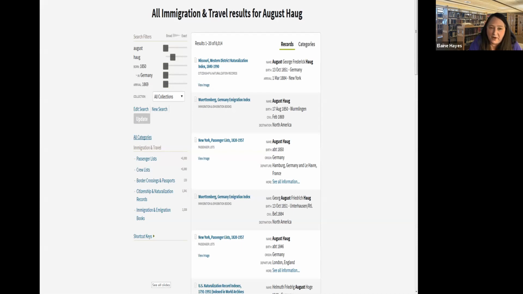The first one is actually not him. This August George Friedrich Haug is somebody else. The second one is the Wurttemberg Germany Immigration Index. Well, we'll want to look at that because the census taker wrote that he was born in Wurttemberg. And actually that birthday is correct, 17th of August, 1850. He was named August because he was born in August. So, okay, and we have him,